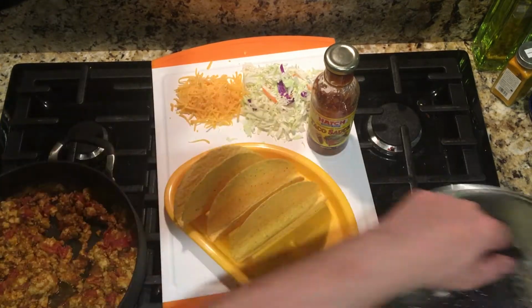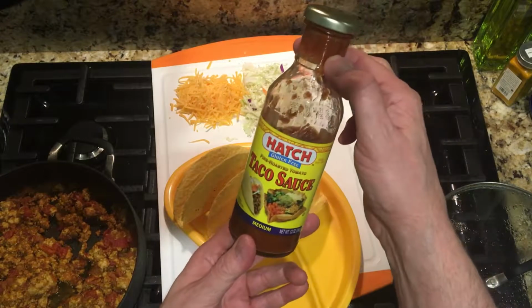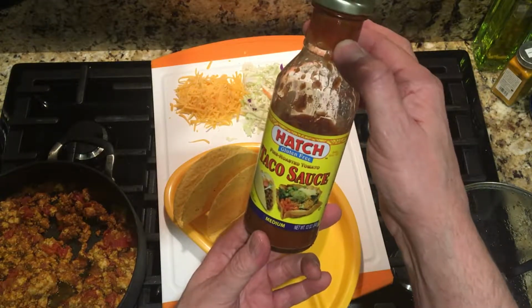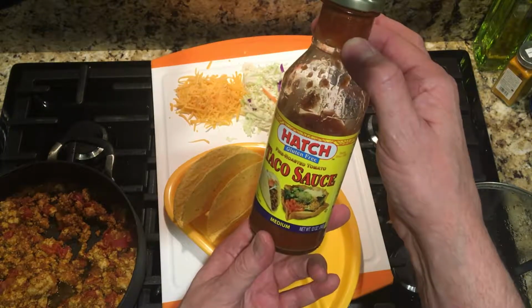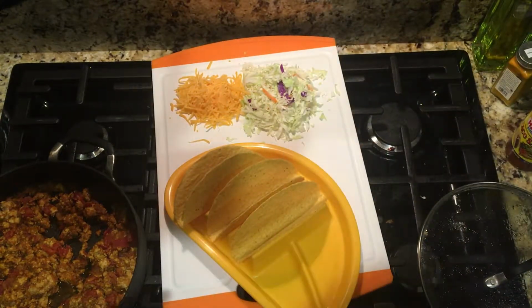All ready. If you don't have this, I don't think they sell this on the East Coast. Hatch chilies, Hatch everything chilies. It's really, really good stuff. Try to get this. This is the medium. Trust me, it's hot enough. So I'm going to take my